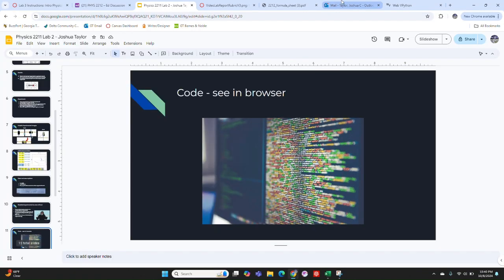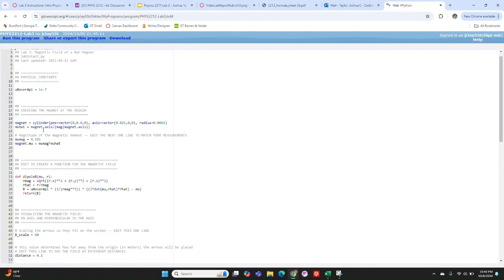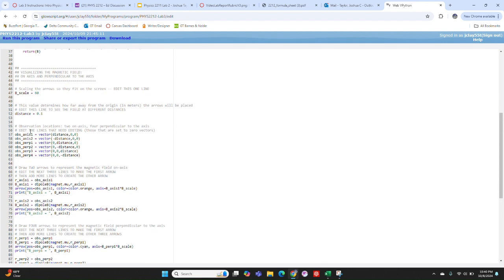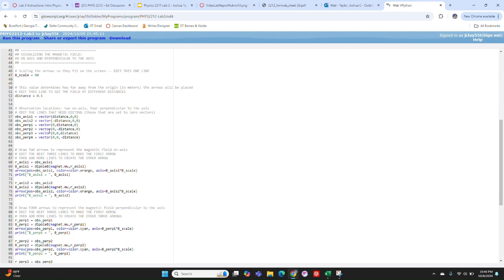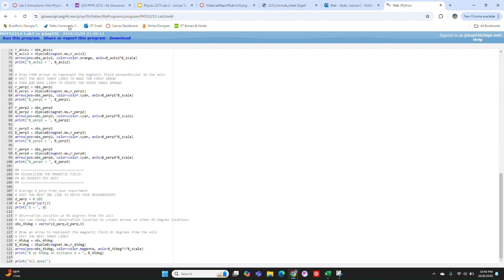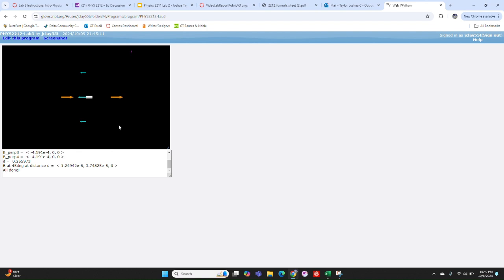For the code, we used the Lab 3 starter code and put in the initial condition of the magnetic moment that we found earlier. We produce a function that finds the magnetic field due to this dipole at a given location. And then we choose 6 locations to observe this magnetic field from and model the field using arrows generated down here. So running this program, we see the